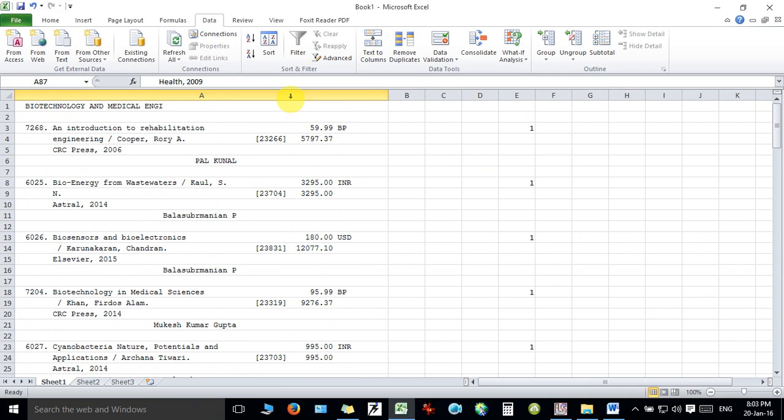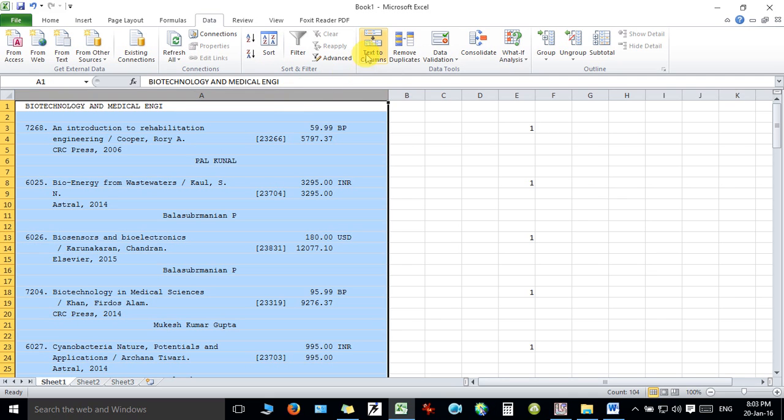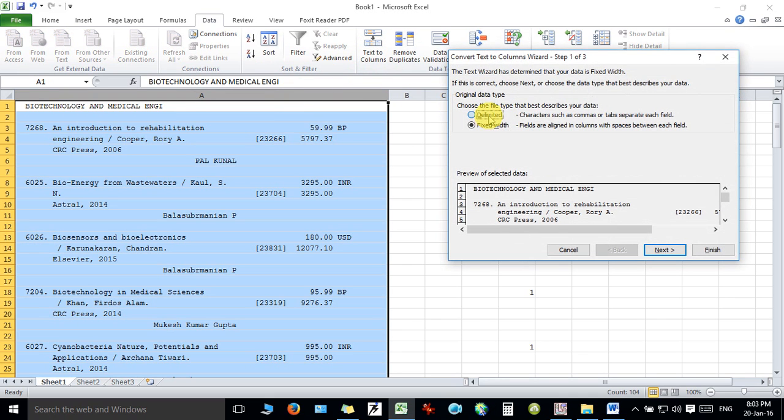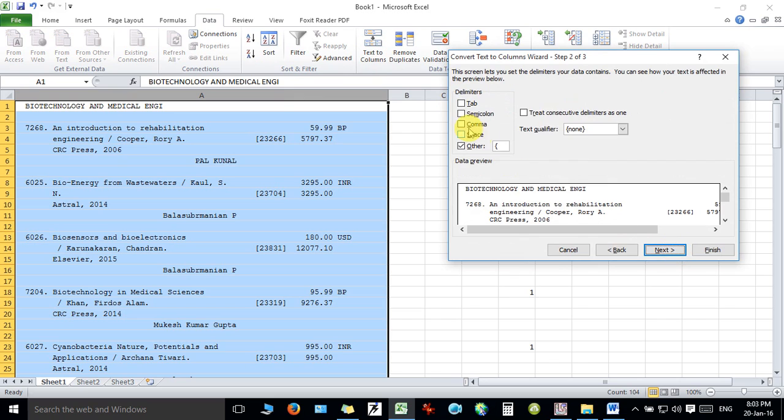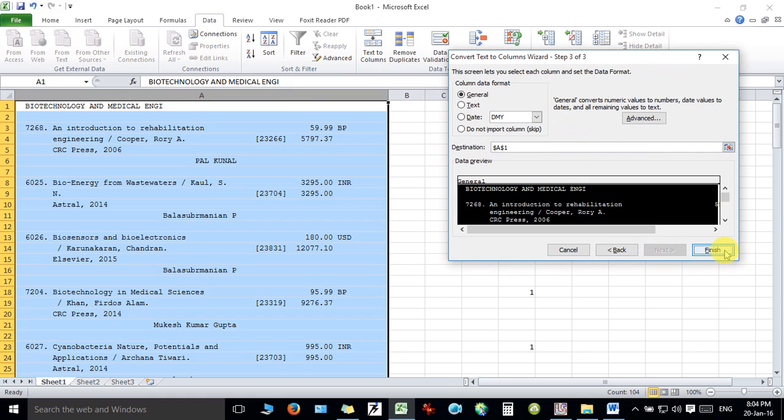So I'll select this particular column, go to text to column, choose delimited, next, and then I'll choose the special character which has been used, left bracket, and click on next and finish.